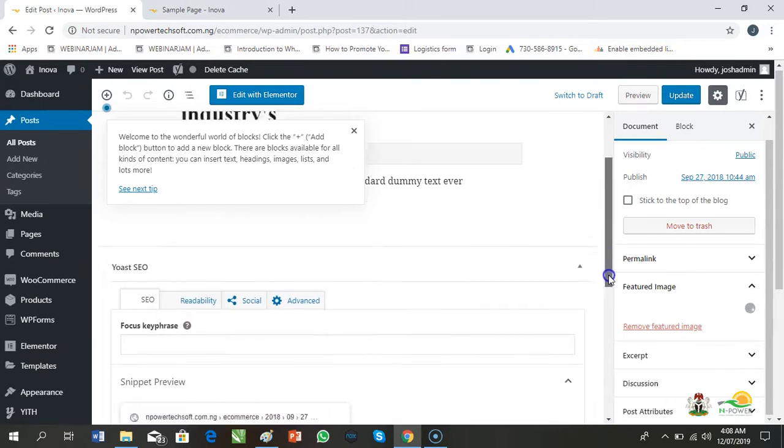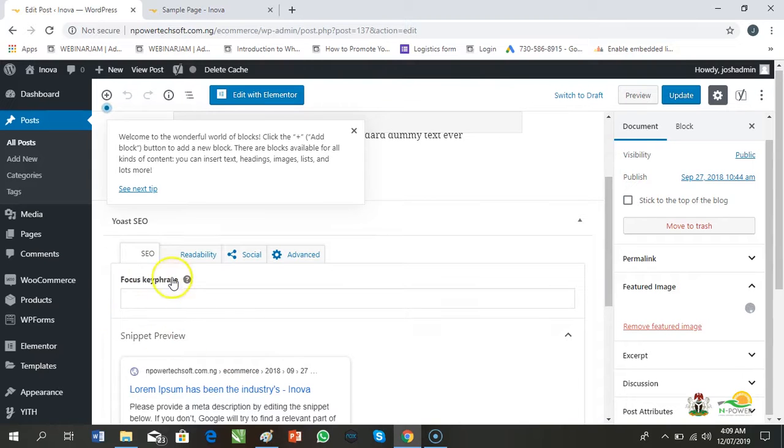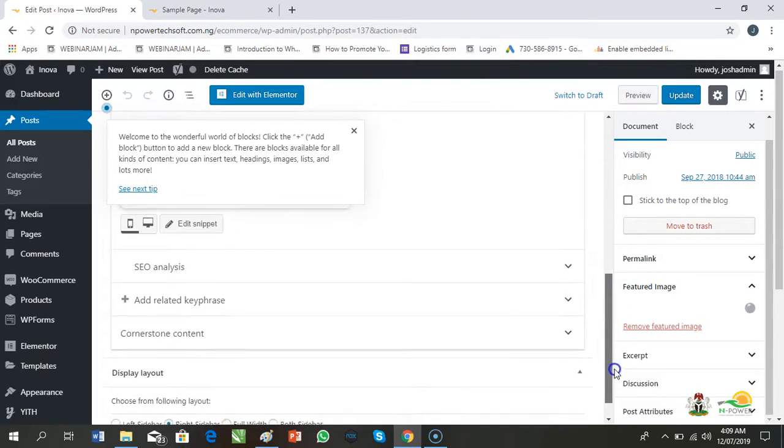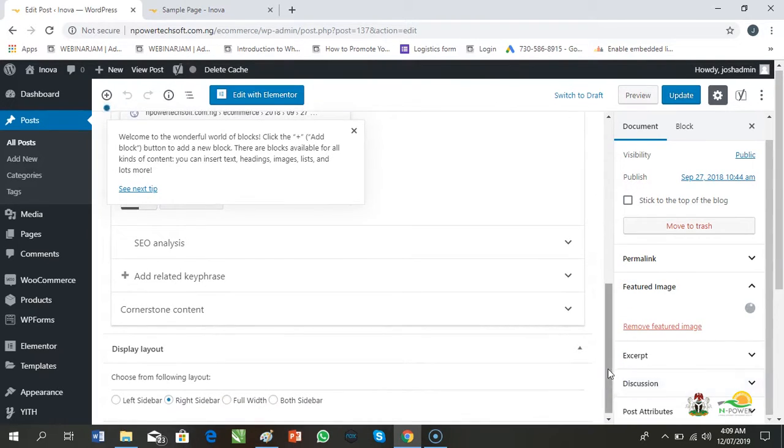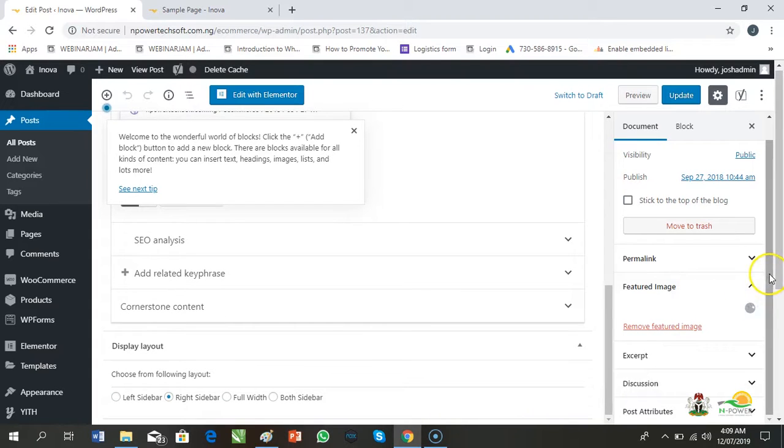For the SEO of your page, you can use Yoast SEO to set this page. So that's that about posts. When you are done, you can update or you can preview how it looks. Let's see what the preview looks like.